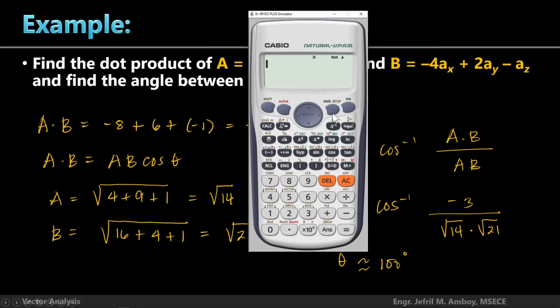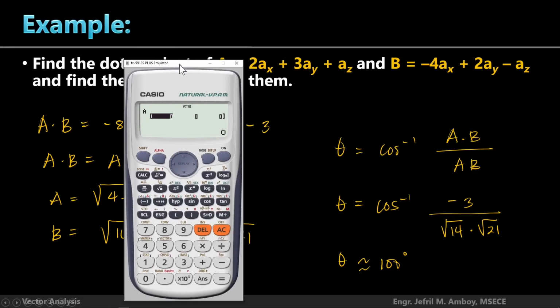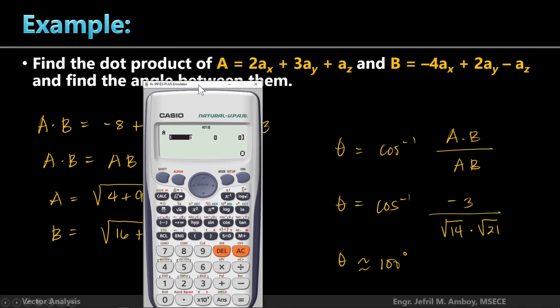Mag-mode vector lang tayo. Mode vector. So, mode 8. No? So, kung gagawa tayo ng vector, pindutin lang natin yung 1, no? Kasi, gagawa tayo ng vector A. So, press 1. Now, after that, we choose a 3-dimensional vector, 1, kasi 3-dimensional yan, at i-input natin ang mga vector components. What are the vector components? 2, 3, and 1. Okay, after that,